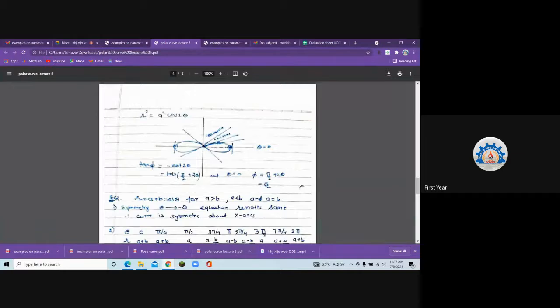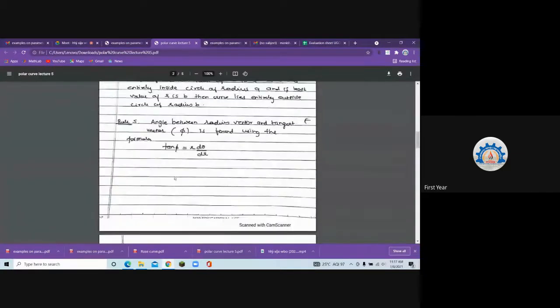Is it okay? That will be found with the help of tan phi. Tan phi, phi is the angle between radius vector and tangent vector. So tan phi हम लोग find करेंगे, उससे मुझे phi की value मिलेगी. Then I'll say whether phi is 0 or phi is infinity. If phi is 0, radius vector and tangent vector will coincide. Angle दोनों का 0 है मतलब वो overlap कर रहे हैं. And if phi is 90, then tangent vector and radius vector are perpendicular. Is that okay? Is it clear? समझ में आ रहा है क्या?